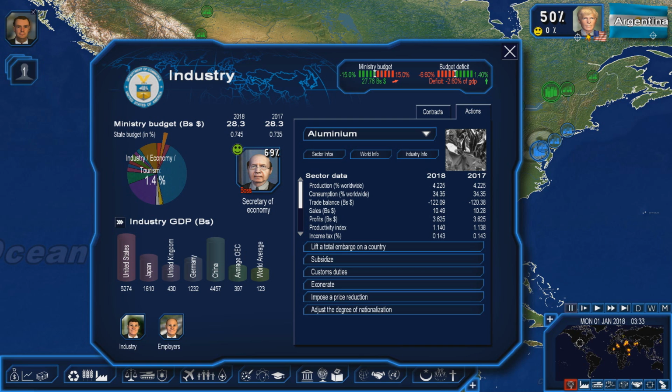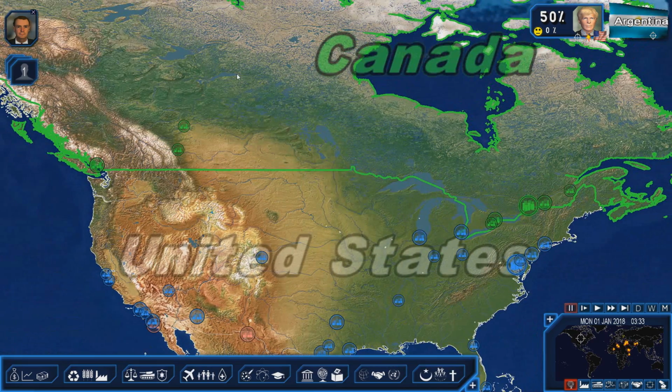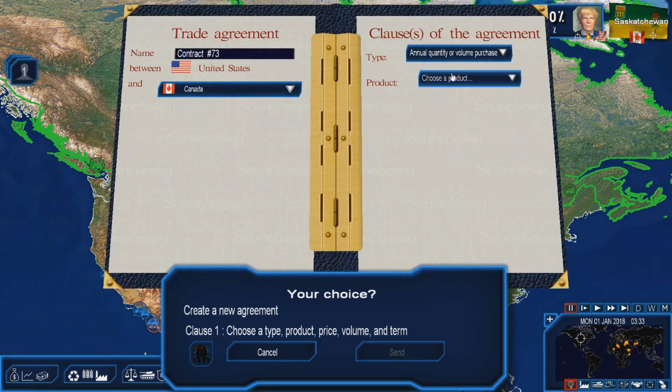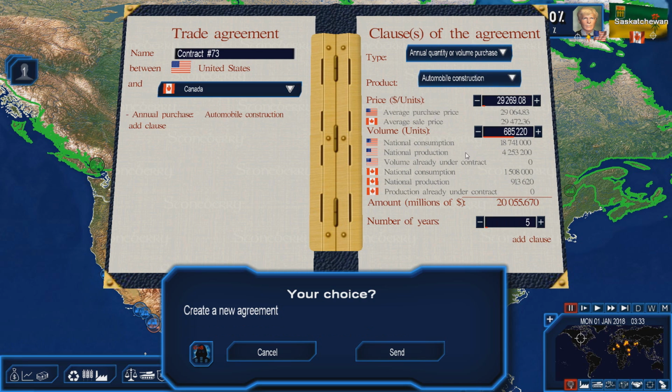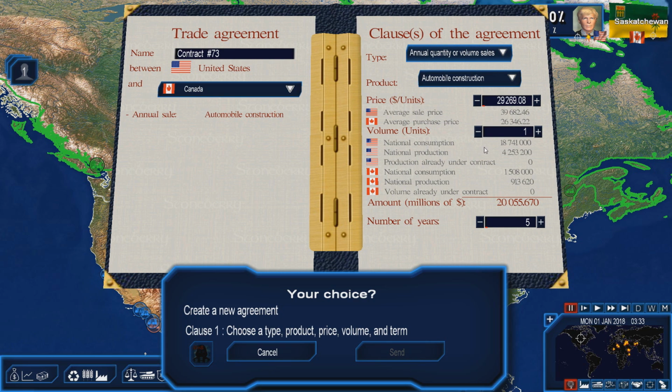So coming over to trade, the basic thing about trade is that if I wanted to trade something with Canada, I'm not going to. If you're playing in the United States and you want to trade with Canada, Canada is a horrible trading partner. So if I wanted to sell automobiles to Canada, okay, so that's purchase. If I wanted to sell, let's say, 1.2 million units of cars to Canada, their purchase price is $26,000 per unit. Our sale price is